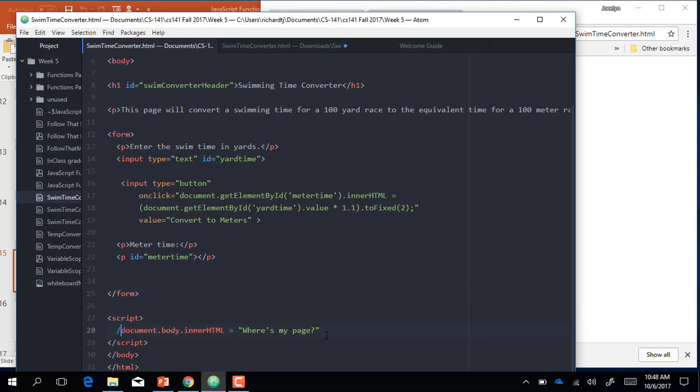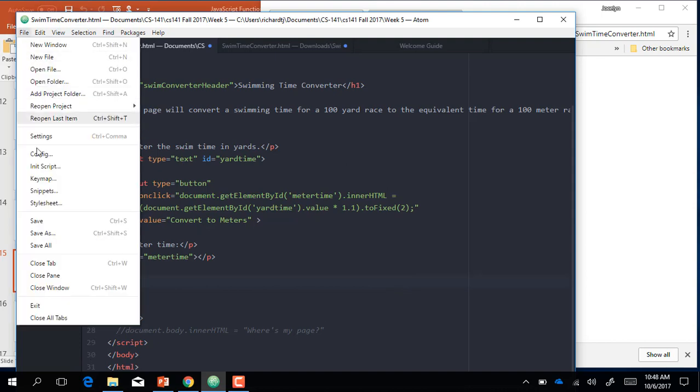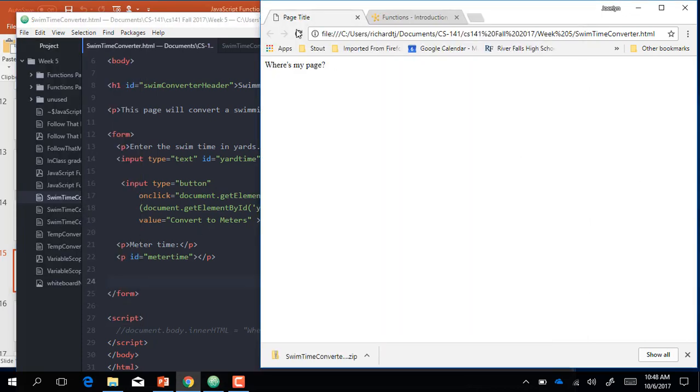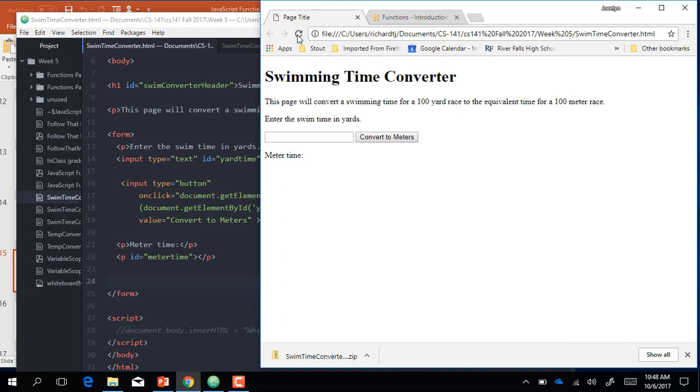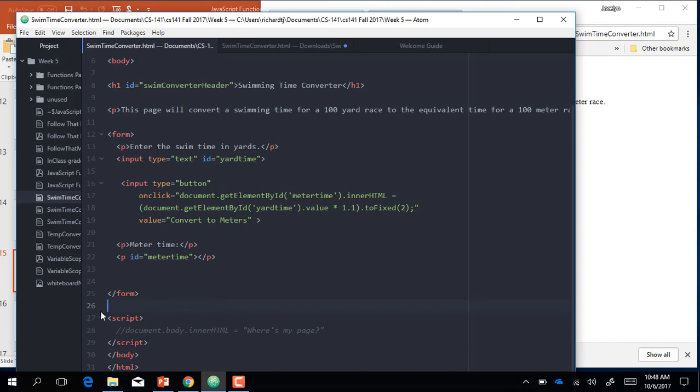First, let me show you what happens if we comment out that tag. When we put a // in front of it, it means comment it out. Now when we reload it, we got our page back. Okay, that makes sense. So when the script goes through the script tag, it runs all the code in the